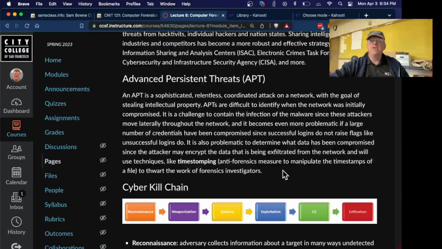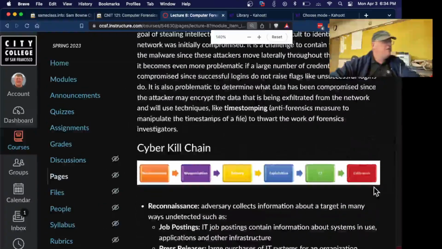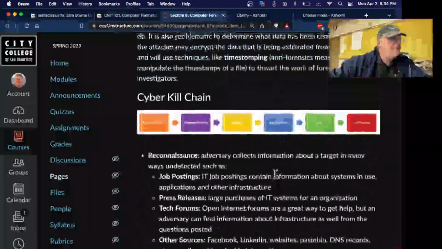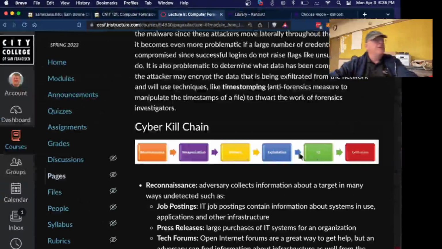So a file appears to be like the official Windows file dating back to the time Windows was written instead of an altered file. So the cyber kill chain. This is the Lockheed Martin kill chain, this one. There's a variety of them. So what they had here was you do reconnaissance to investigate a network, then you do weaponization to make some kind of attack tool, then you deliver it, you exploit the service, then you have command and control,